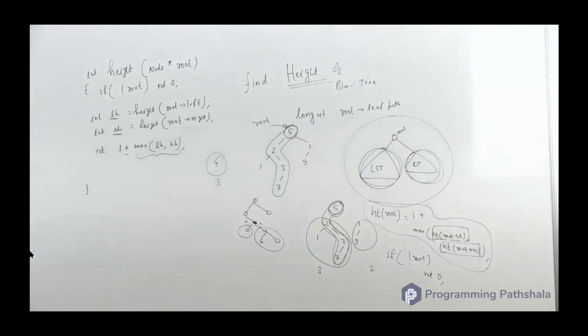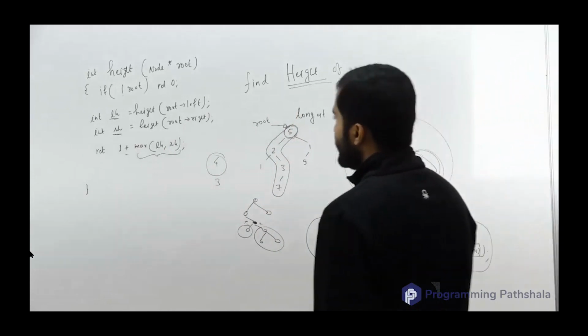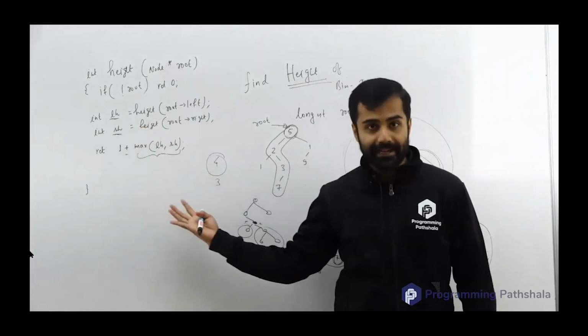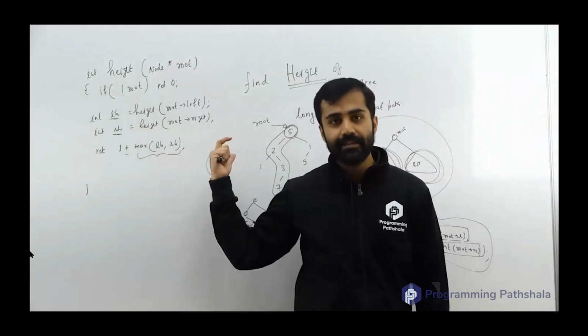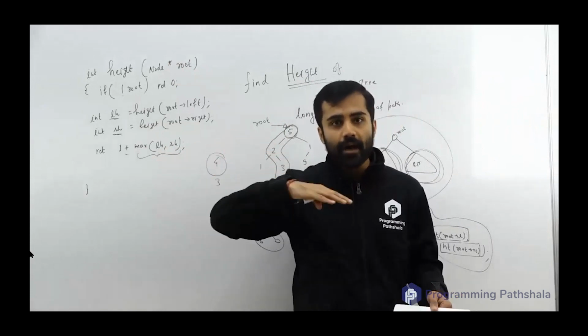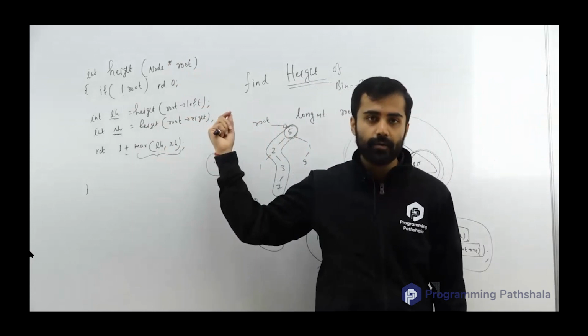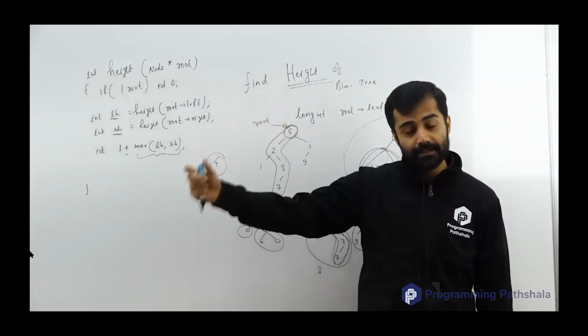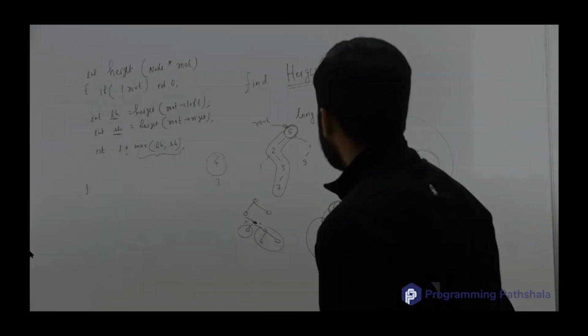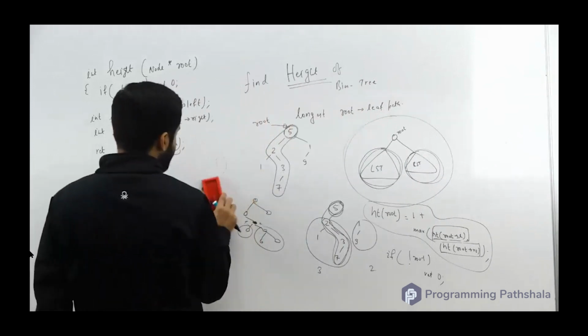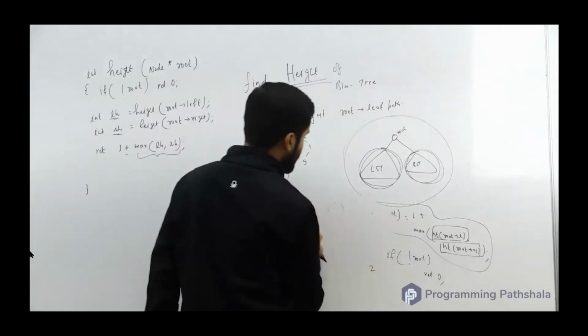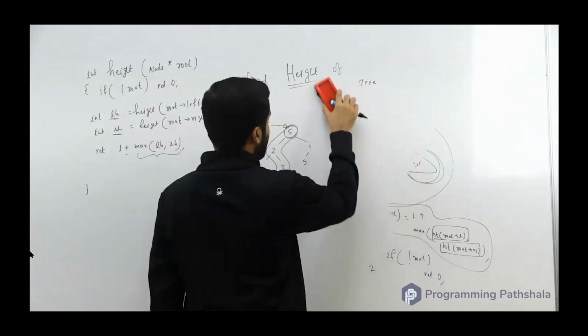I would also encourage you to go ahead and make a recursive tree diagram of this the way I had made it yesterday, and see for yourself how the values are being returned and how the height is actually being computed. What I'll do, just to help you understand it better, is draw the recursion